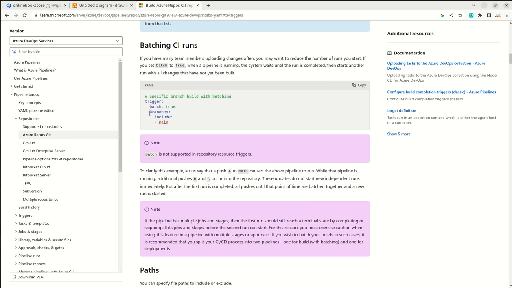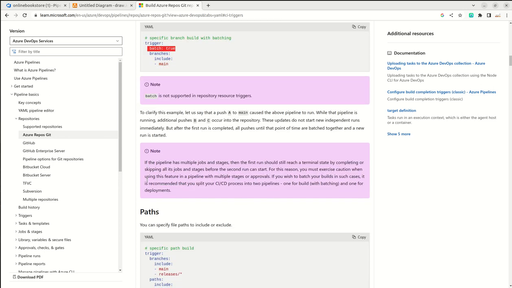What happens is, if one pipeline is already running, then at the same time if we are getting multiple changes to our remote repository, then with this option it will club all those changes and run only one pipeline. Okay,